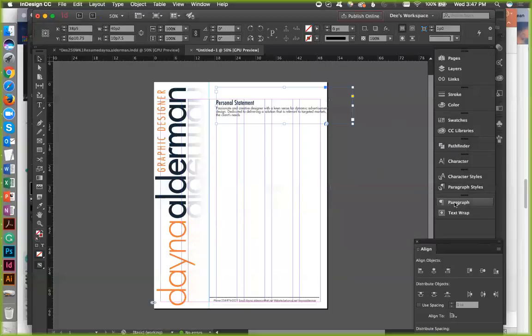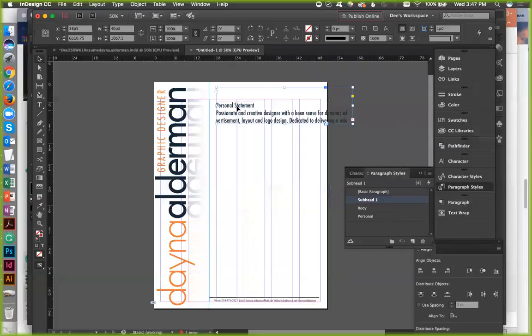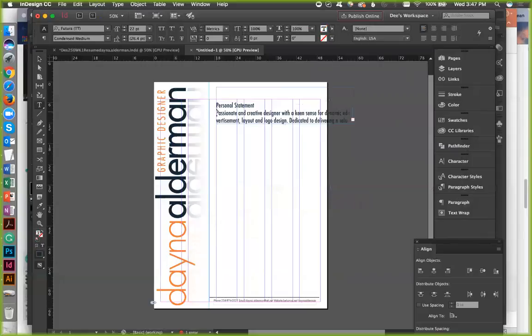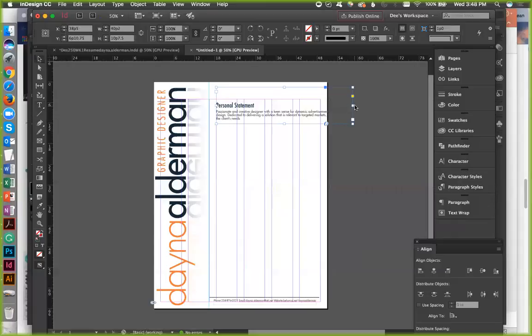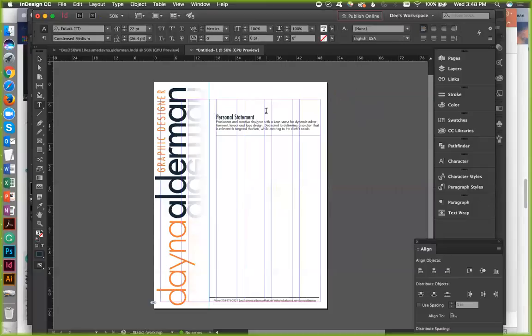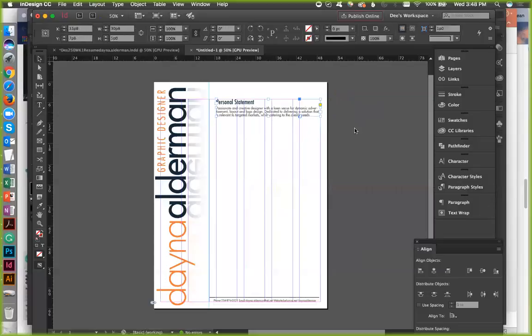I love when that does that. This is body. This is the personal body. Okay. And then this is going to... I just don't understand. Why is there so much space in here? Oh, that's why. All right. Good. Fixed it. All right.